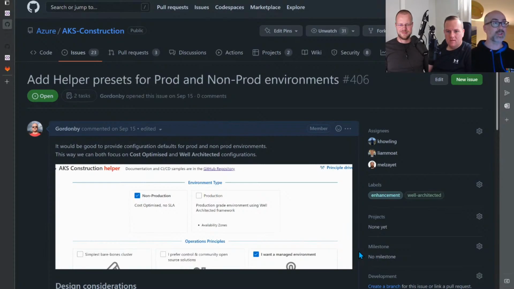But at the opposite end of the spectrum, we want to provide the best cost optimized experience as well. That can be simple things like, I want to scale down, I want fewer nodes, I don't want to pay for an SLA. But one of the things that's going in there is automation accounts to physically stop all the nodes at a specific time and then start them back up again the same day. So all that same stuff we were doing on virtual machines 5-6 years ago, things that everyone was forgetting to do, and you put the PowerShell in to do it, bringing that, remembering to do that, for Kubernetes as well.